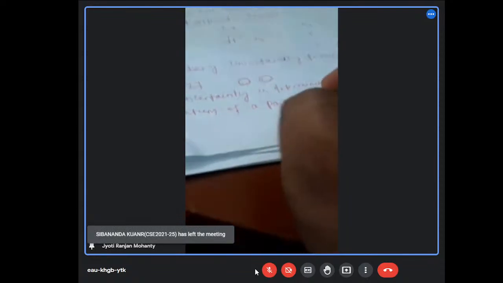It states that the product of uncertainty in determining the position and momentum of a particle at a given instant is greater or equal